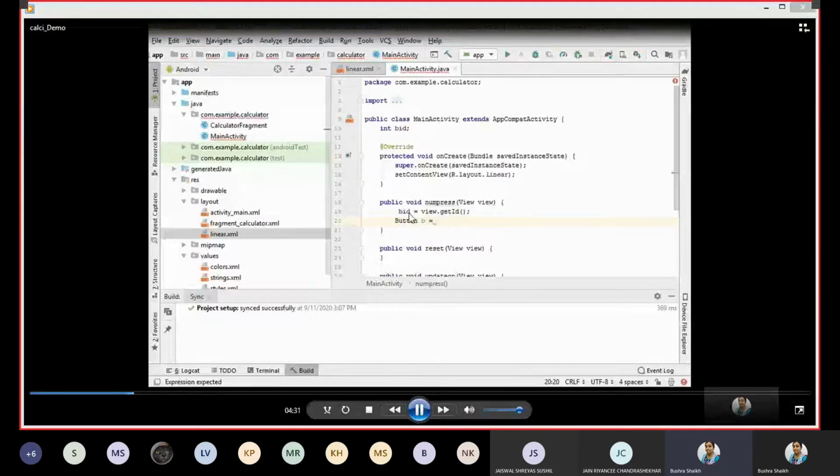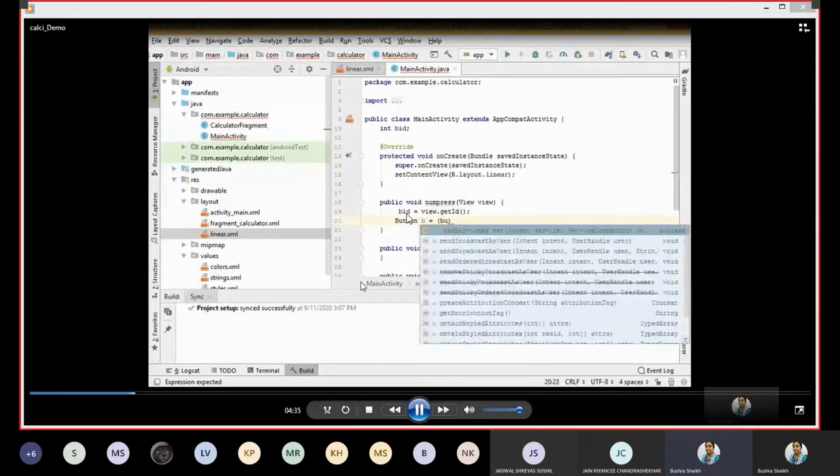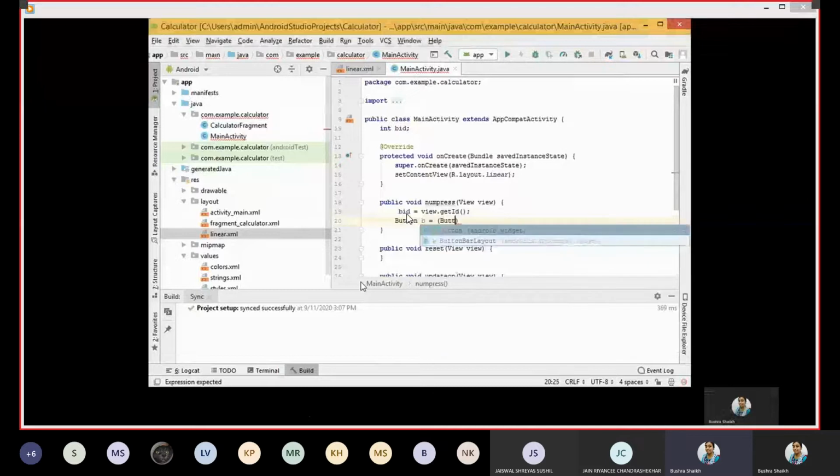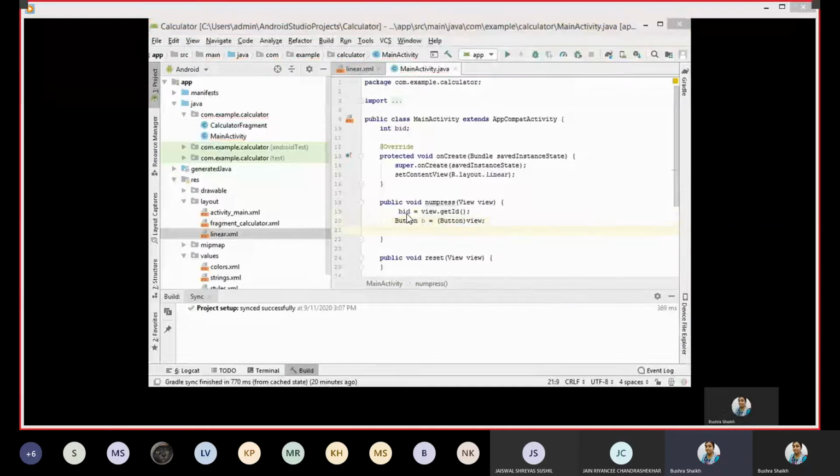This BID will hold the value which you specified in the ID attribute of your layout file. Then depending upon this BID value, you can later check what its actual value was inside a conditional statement and work upon it.